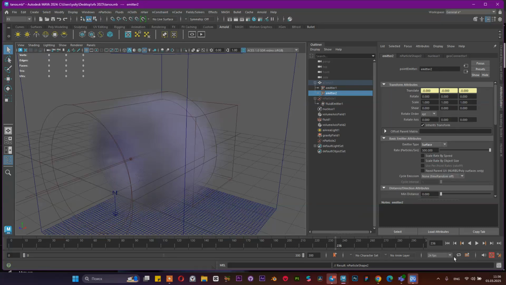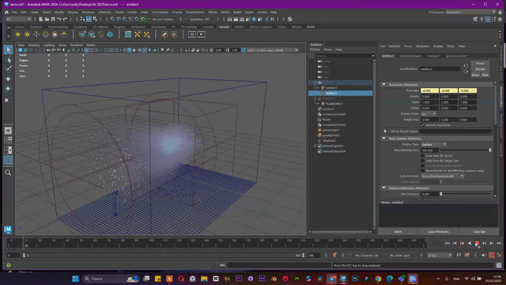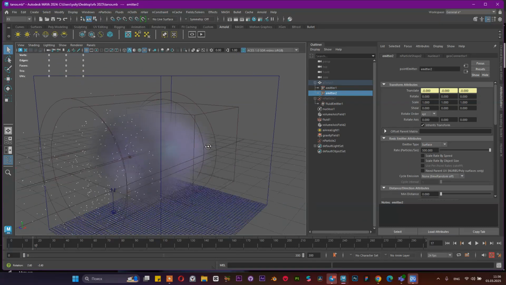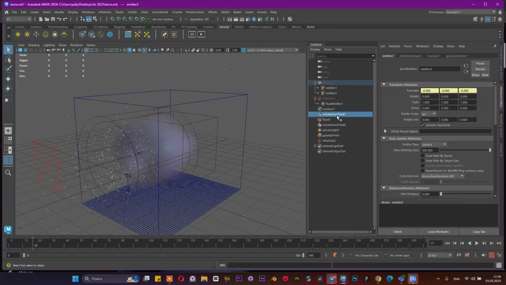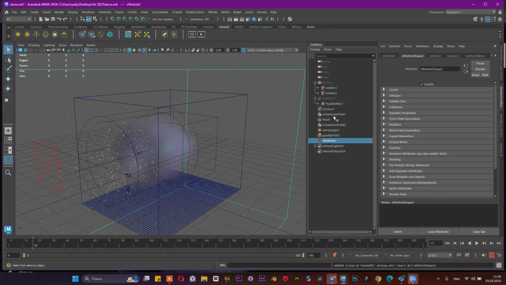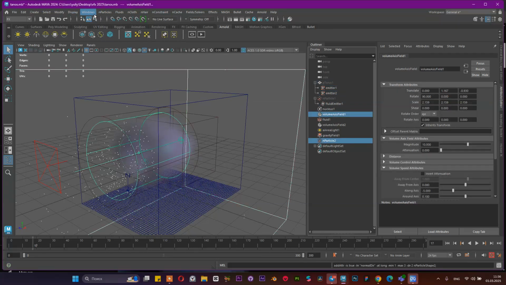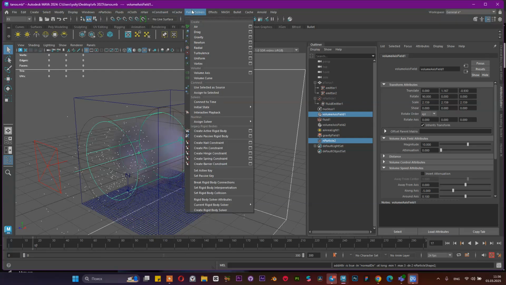It should be surface, and let's see. We can add our volume axis field with these particles. We can use inside field and solvers, and we can create